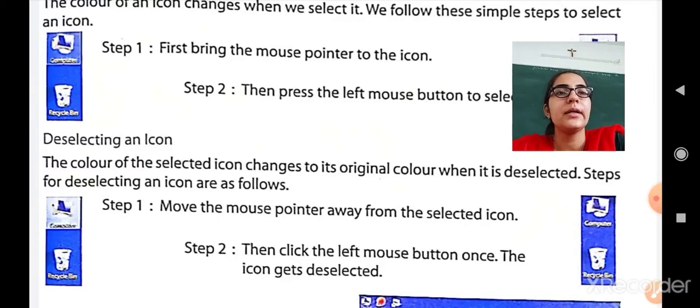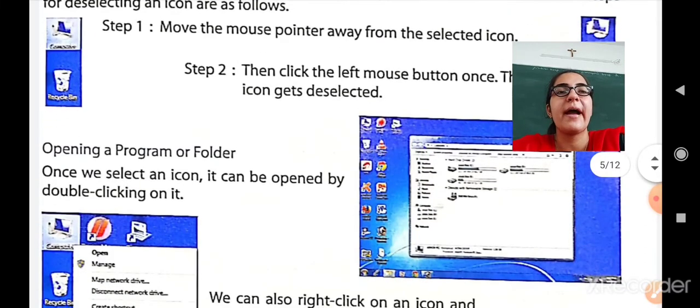Then you have to click the left mouse button once and the icon gets deselected. So this is how you can select and deselect your icon.